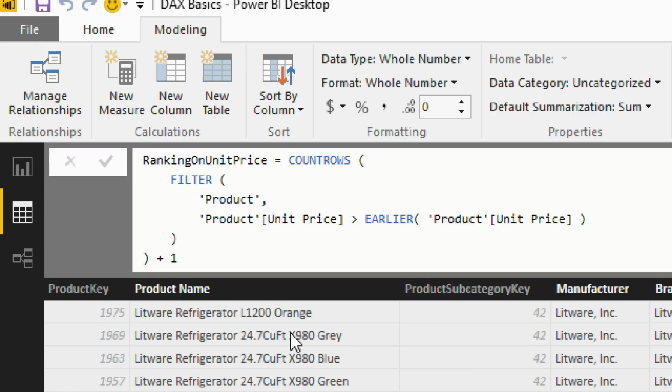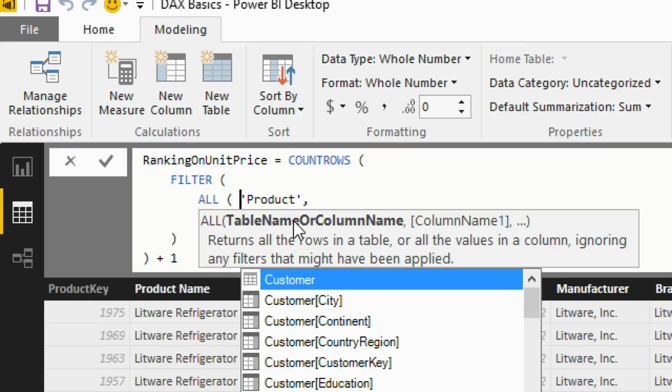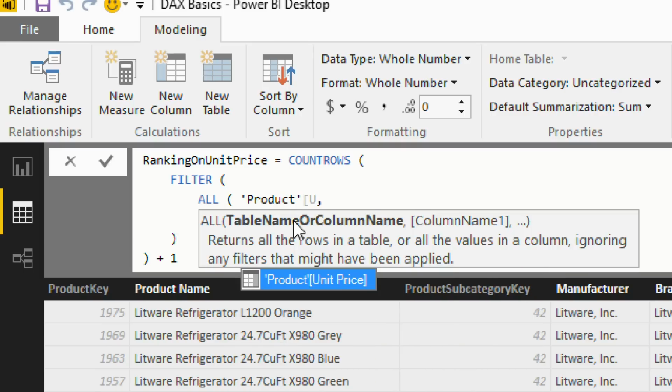What this function is doing is computing the products which have a price greater than yours. We are not interested at all in the products. We are interested in the prices higher than mine. Now, do we know a function that is able to return, instead of all the products, all the values of the product unit price? The answer is yes, but now I need somebody to tell the function. ALL. You iterate over ALL of product unit price,